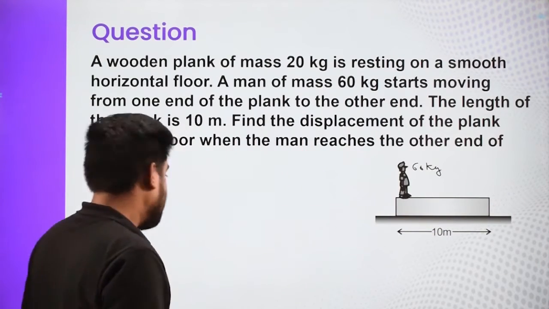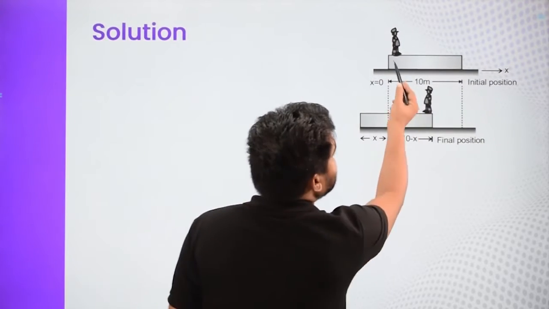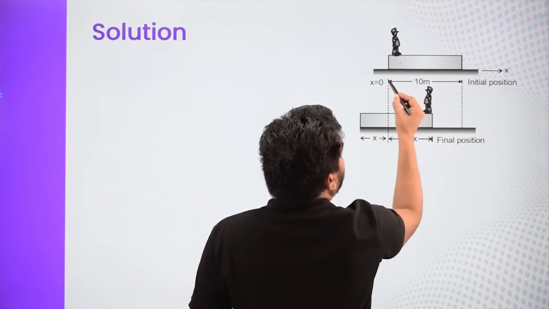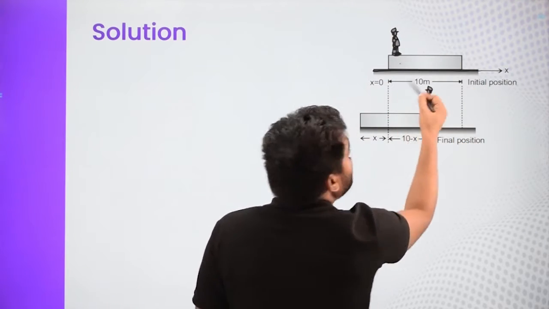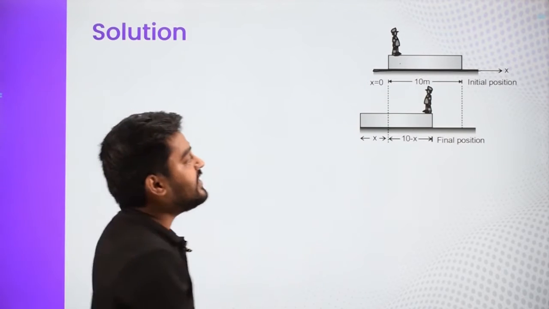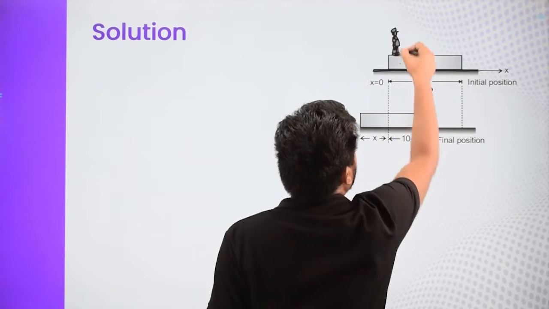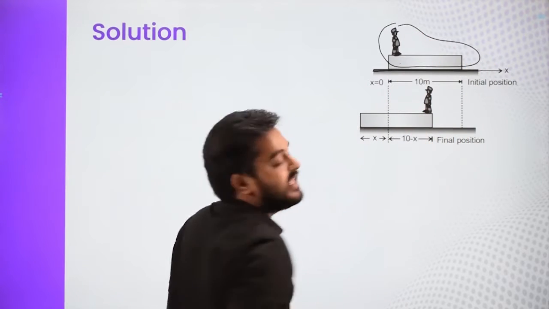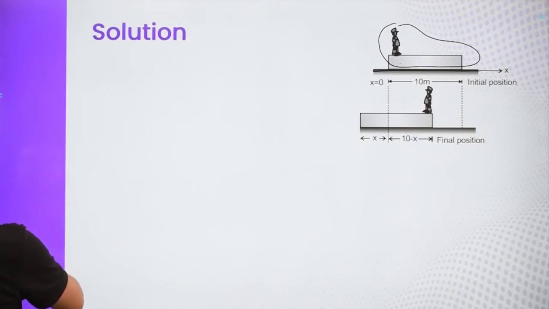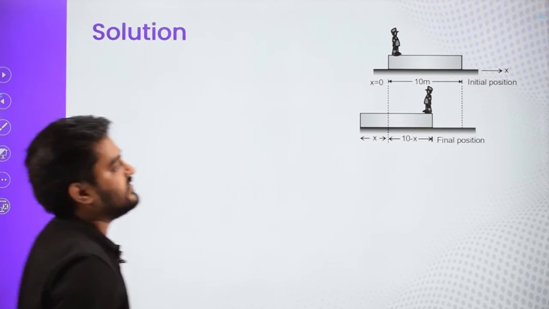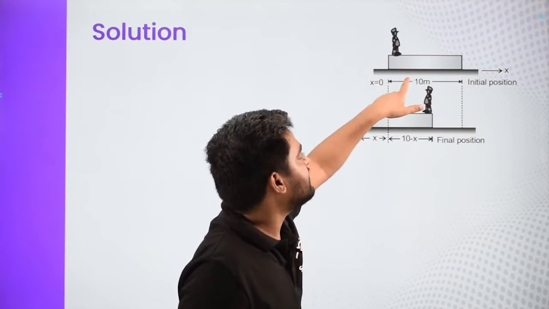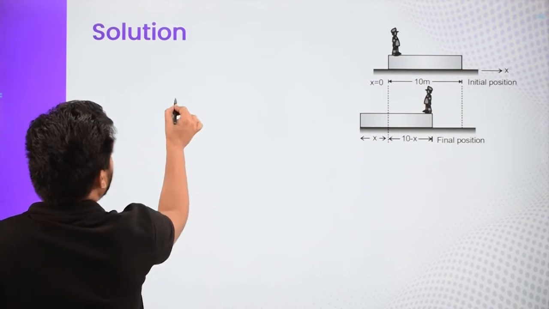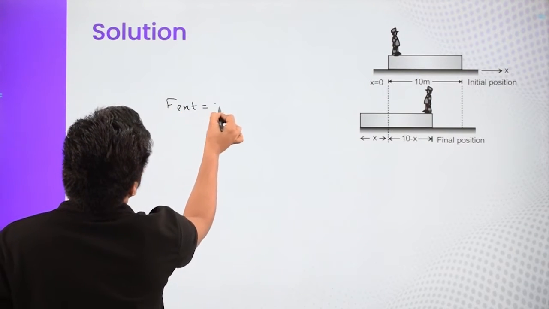Now here is the thing, when this person moves from here to here, what happens in the process? See, there is this person, there is this plank and the ground. There is no friction, the surface is smooth. So there is no friction over here and all the forces are vertical, right? So if I take these two as a part of the system, then I will say the force on this man plus plank will be 0 always. So there is no horizontal force, because if there is a net horizontal force, that has to be this friction, but it is absent. So I'll say F external is 0.